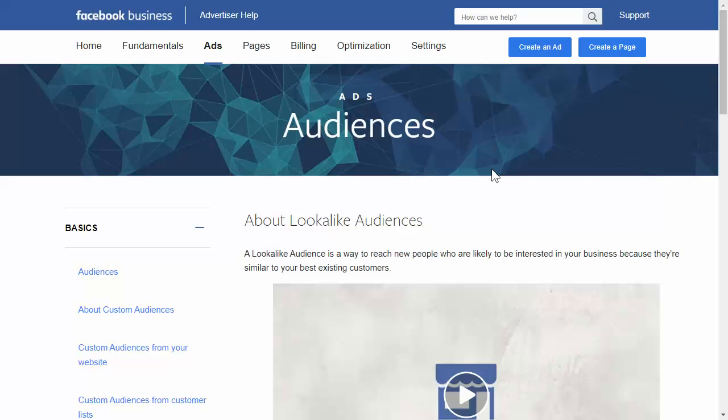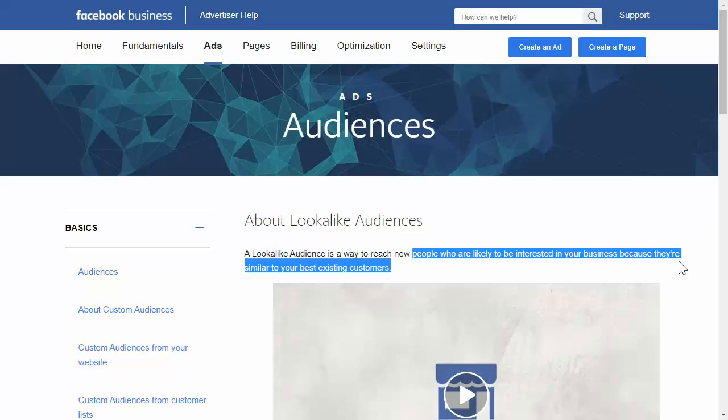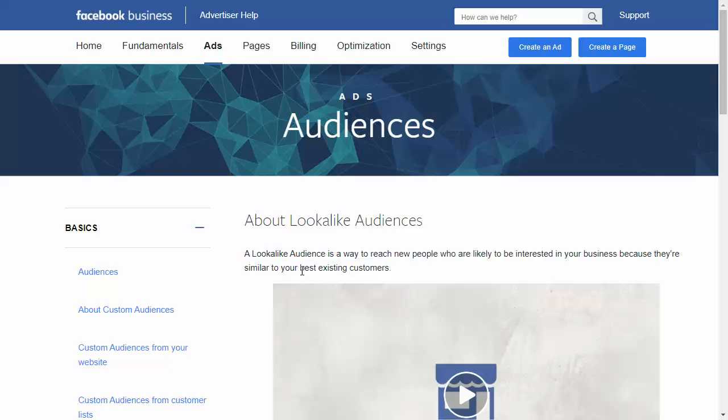But what I want to do is actually clear the water here and let you know about one specific thing about creating lookalike audiences. Now, if you don't know what a lookalike audience is, it's basically people who are likely to be interested in your business because they're similar to your best existing customers. Now, what I want to point out here is they put best existing customers, okay? Not,